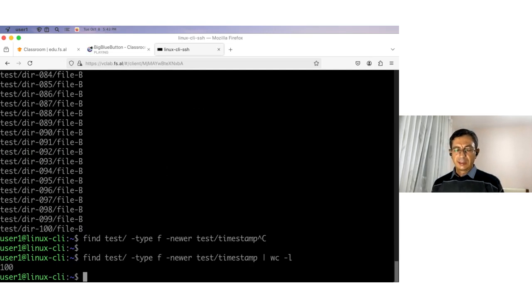We have seen an example last time about finding all the files and directories with bad permissions. So let's do it again in this test directory. Find test, and now we are going to use two conditions combined with the logical operator OR. So we are